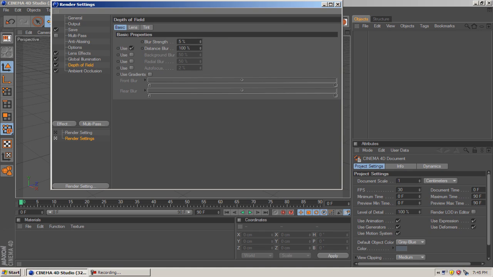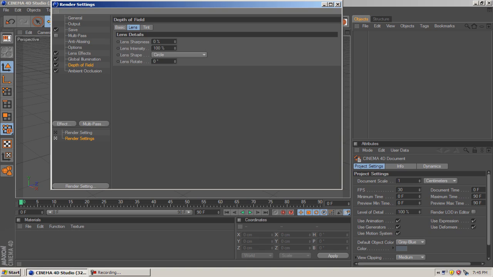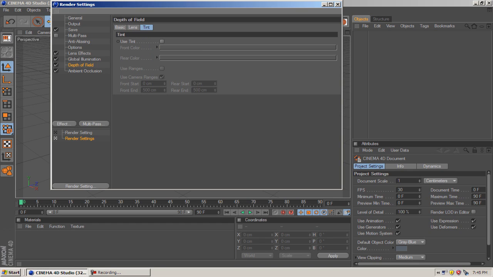But then you're going to want depth of field. Select, right click, depth of field, and here's the depth of field, basic. Right here, blur strength 5%, distance blur 100%, and make sure use for distance blur is checked. Lenses, lens sharpness 0, lens intensity 100%, lens shape circle, and lens rotate 0 degrees, and tint nothing, and ambient